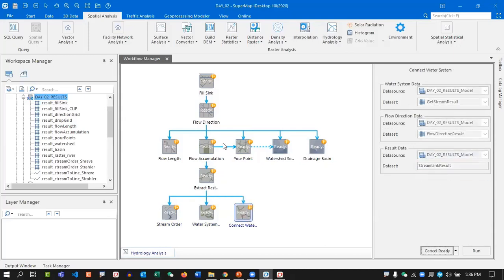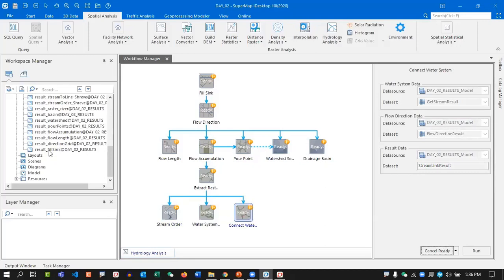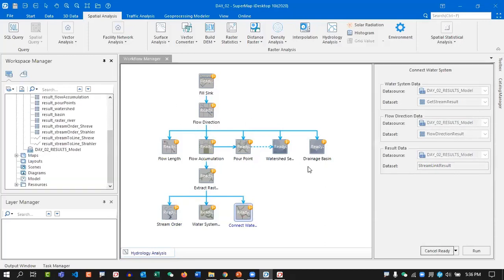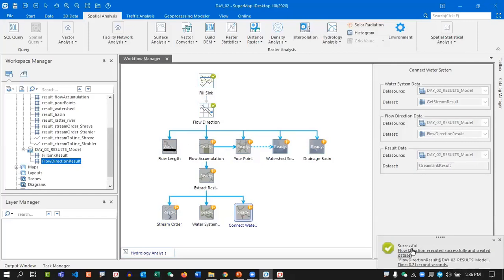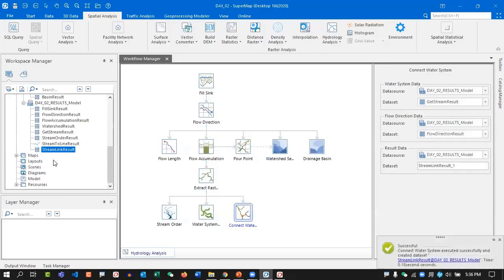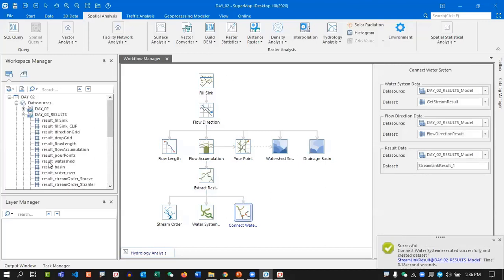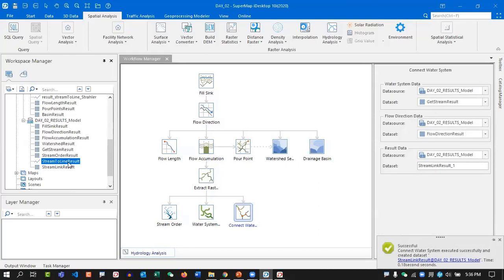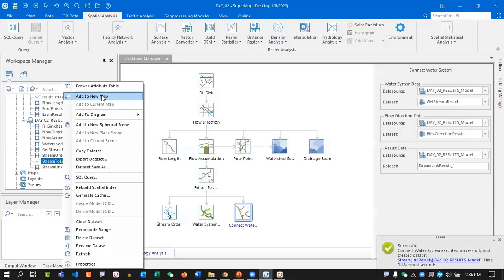Okay, done. So once this is completed, all of the parameters are set in our model, we can run the model from here. So here you can see one tool run from here and showing the successful result, and the result data sets are adding in our data source, this one. Okay, here you can see this is successful, all tool sets run successfully, and we got our stream to line result. And if I want to add this stream order to a new map,